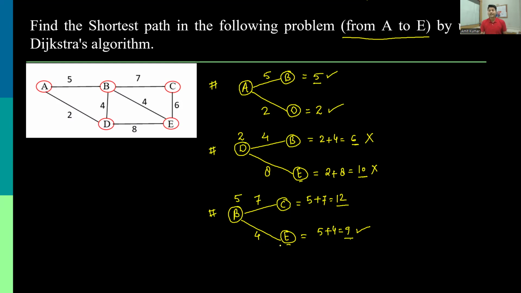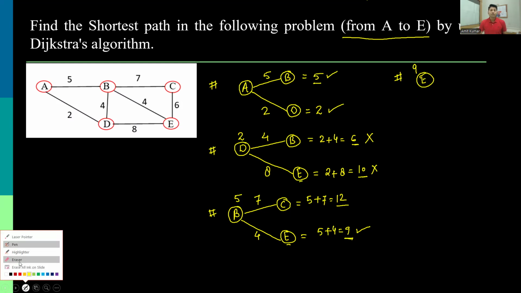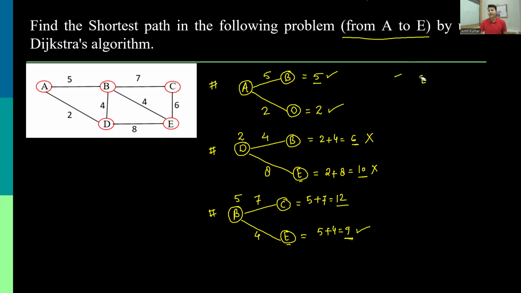So now in the next step, we are on the vertex E with the weight, how much? 9 units of distance. And our destination point is also E. So we arrived at the E vertex. The task is done. But the thing is that the algorithm will not stop. The algorithm will not stop until